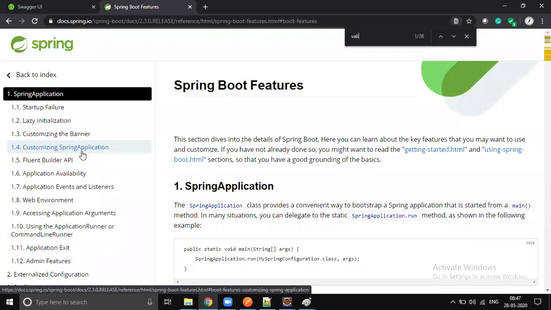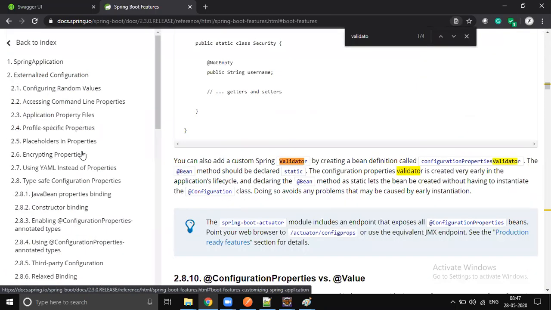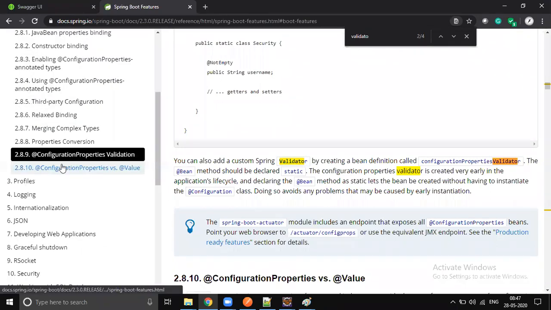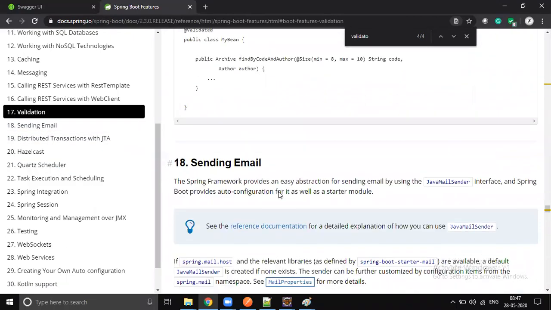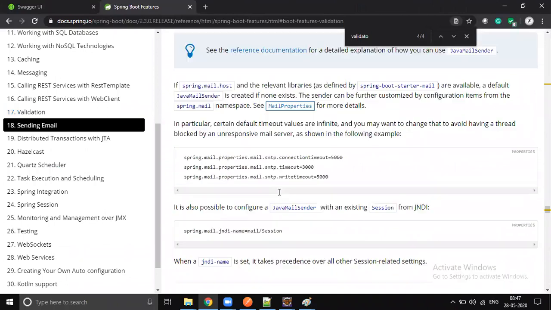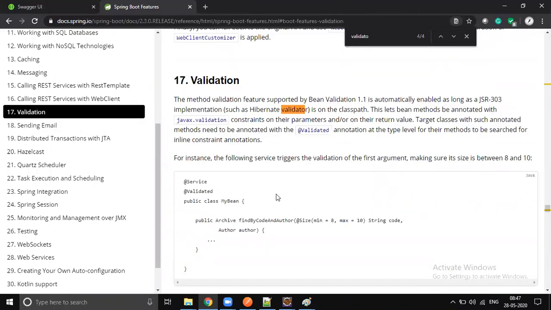Just do Ctrl+F and search validation. Yes, validation. There is huge support available from Javax validation. This is what is called the JSR 330 validation API.